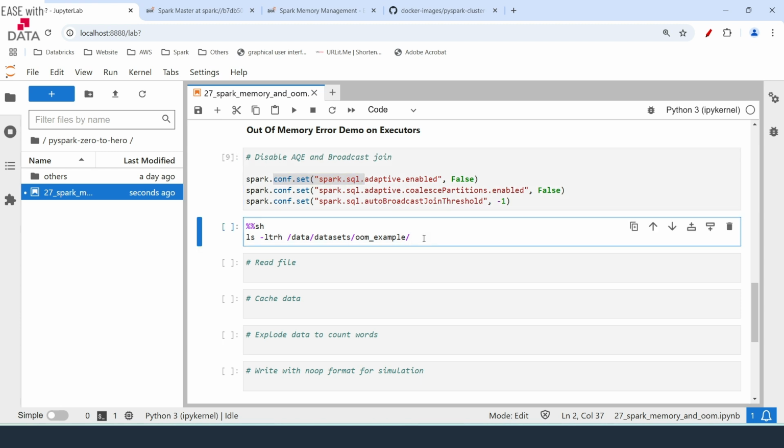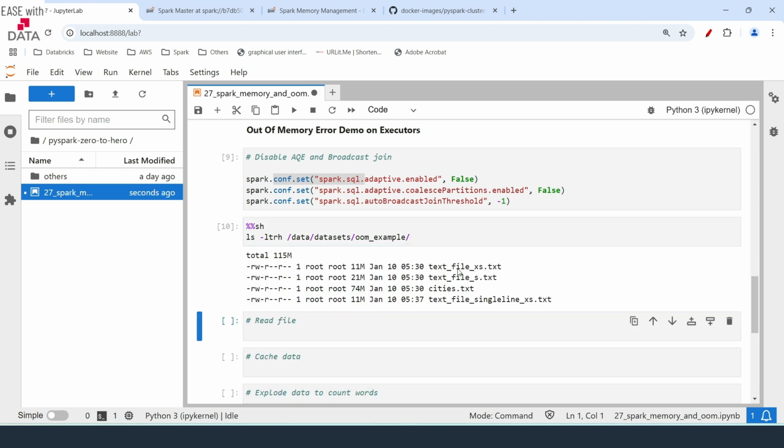Now I have some files already present under this location. Data is the location which is mounted throughout the executors and the worker nodes. I have kept the file in the same location. If you want to follow along, make sure you also keep the files at this location. So let me just run this. And now if you see, I have 4 files here. We are going to work with only 3 files, but let me tell you what the content of